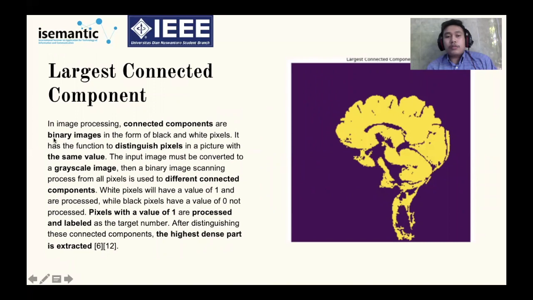Connected components label distinct pixels with the same value in a binary image. The pixels with value 1 are processed and labeled, but pixels with value 0 are not processed into a label. The highest density part is extracted.